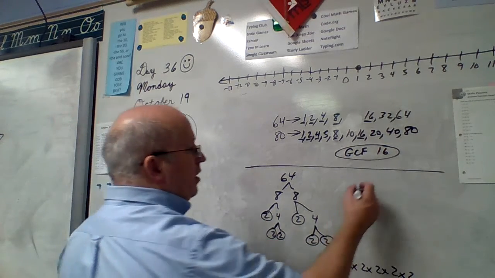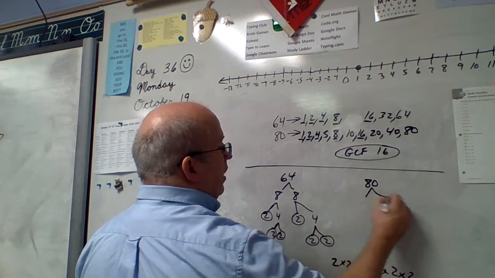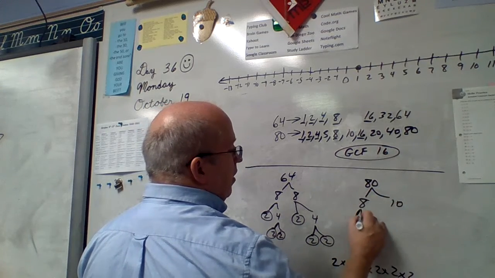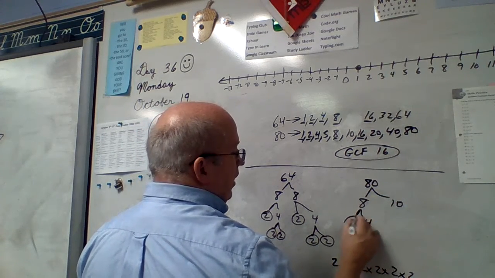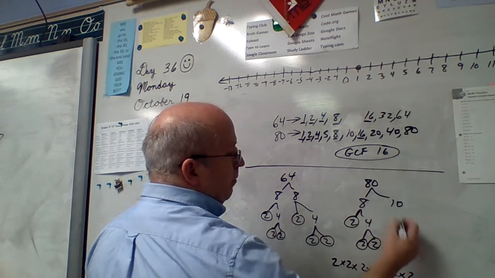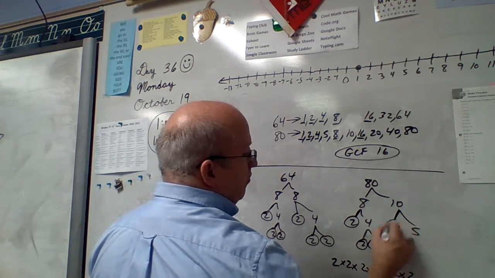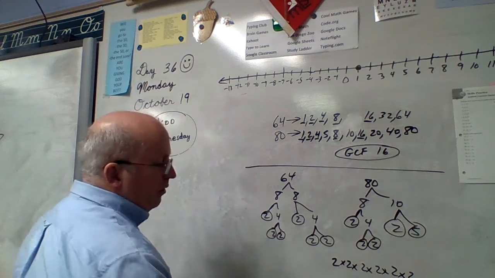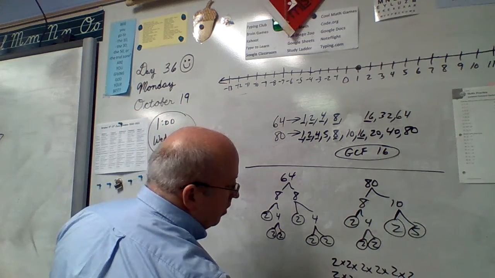How about 80? Let's break down 80. How about 8 times 10? How about 2 times 4? Hey, there's a prime number. How about 2 times 2? Hey, there are some prime numbers. How about 2 times 5? Hey, there are some prime numbers. And so we get